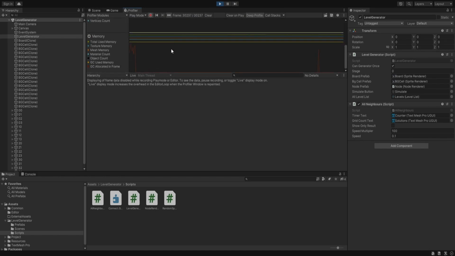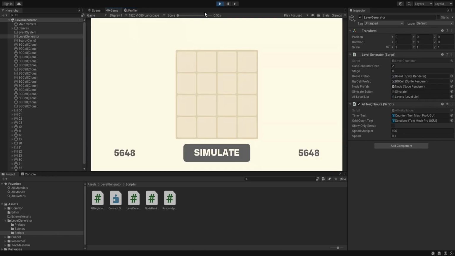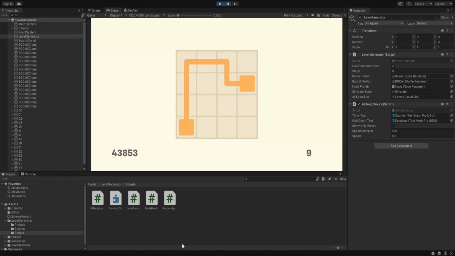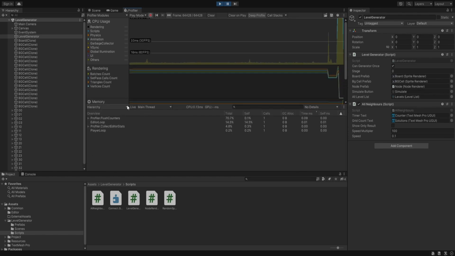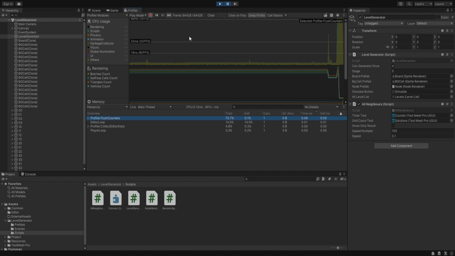Hierarchy, main thread, CPU usage, memory. And if we hit simulate, and let's pause. So it should be paused. My PC is a little bit slower. So everything's paused right now, and as you can see, we are able to see our